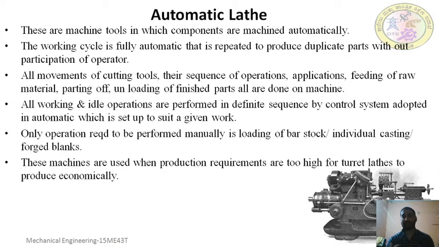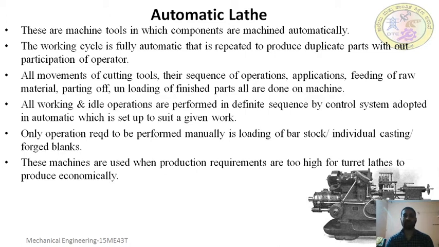After completion of one full operation, the component is removed from the bar by a cutting off operation. Then the bar stock is adjusted to the next length automatically. There is no need for human intervention again. The bar stock comes for the second operation automatically by the use of the camshaft and cams. There is no need of pushing or adjusting the workpiece; it comes automatically for the second set of production.